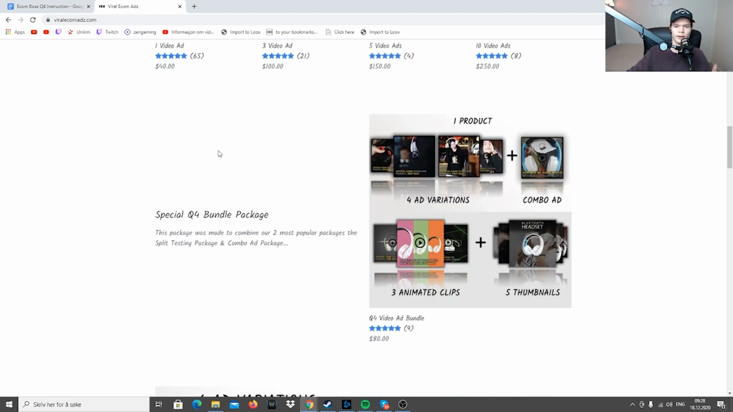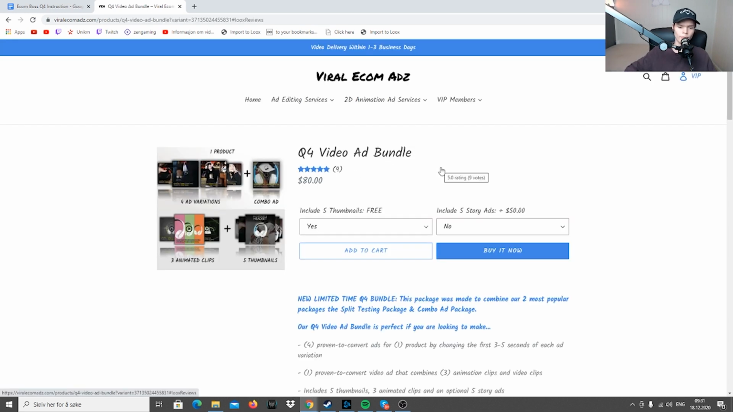And since it's Q4, they have a special Q4 bundle package, which we're gonna look into right now. So the Q4 bundle is probably the smartest one to go for right now. It's Q4. You want to stand out, especially if you're selling a saturated product. If you have a lot of variations, if you have custom content, you have a way higher chance of winning with a saturated product. And the Q4 bundle includes the 4 ad split test package,